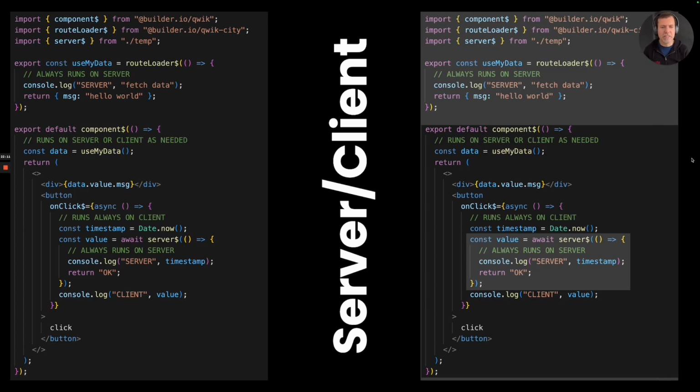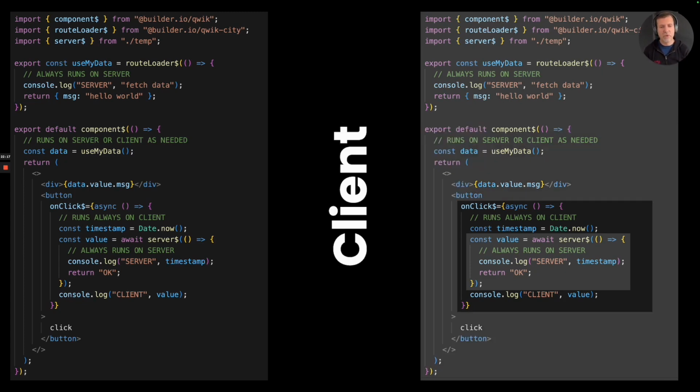But you can see that there's an island in the middle. This island will not execute on the client. You know that for a fact. And so if you go even further, now you know that the on-click listener only executes on the client, right? It's not possible to do any kind of DOM event interactions on a server. And so you know that this piece of code is for sure going to run on the client. And inside of this piece of code, there's an actual island that refers to a piece of code that actually runs on a server.